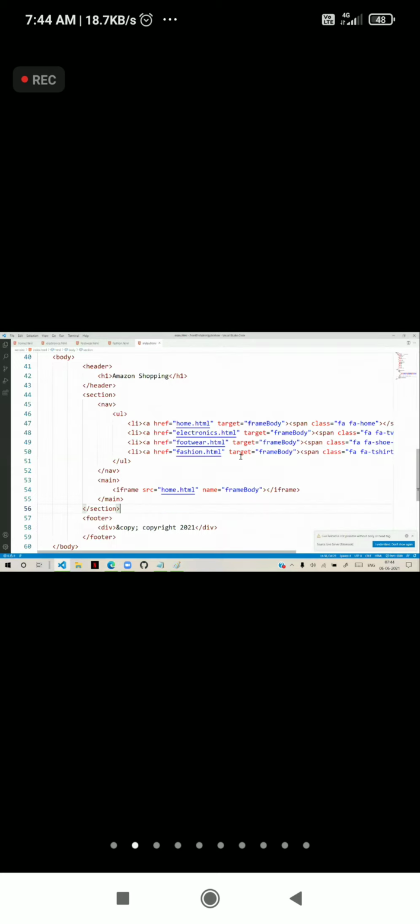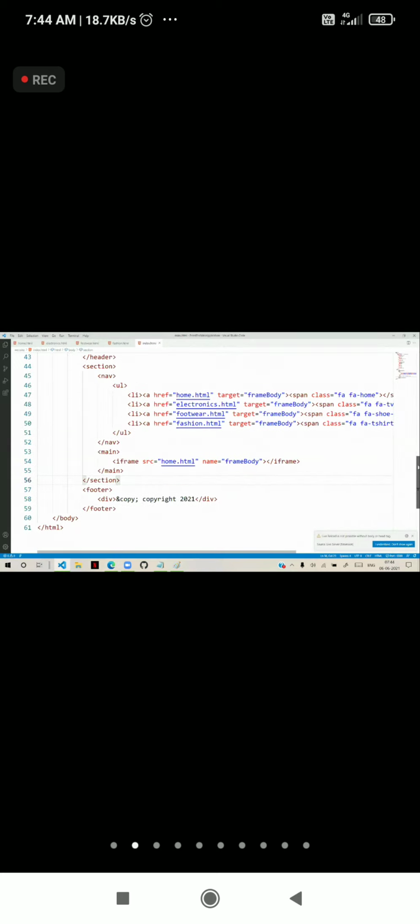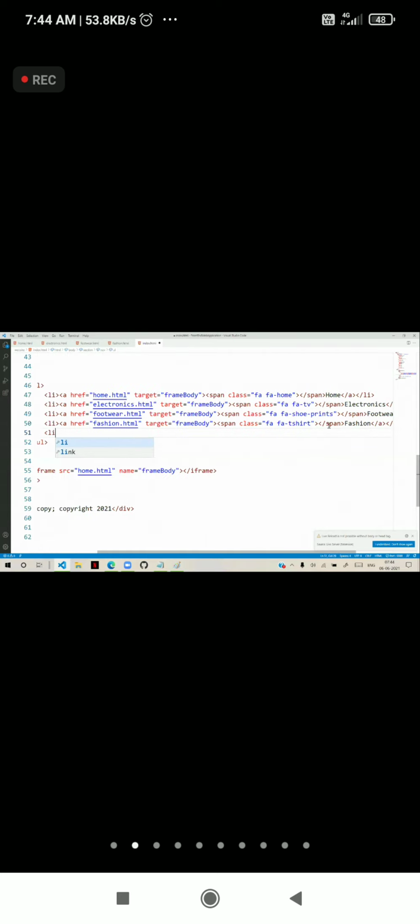For example, here I will define some link, and in that link anchor, I will put a span with class FA, and FA some file movie.